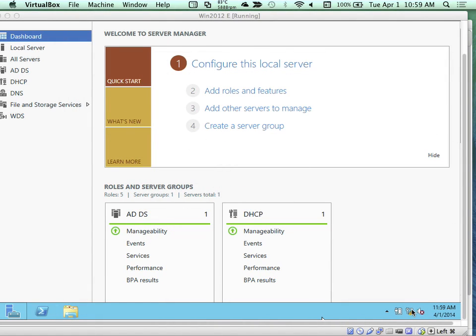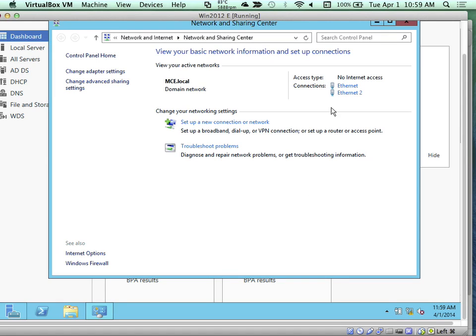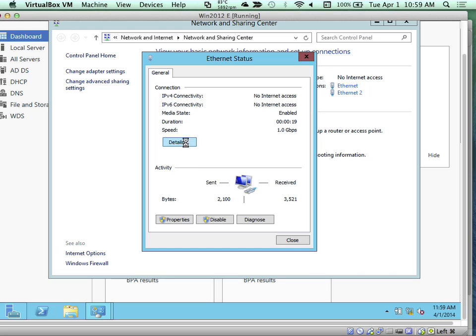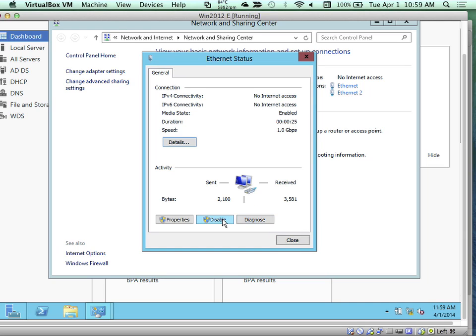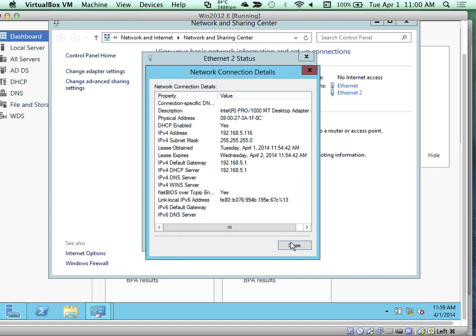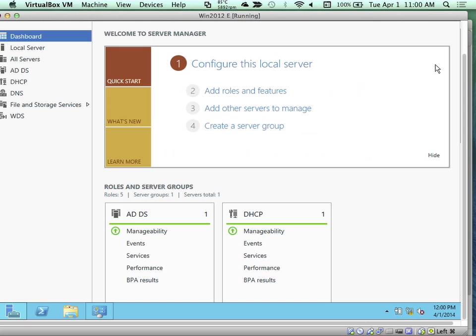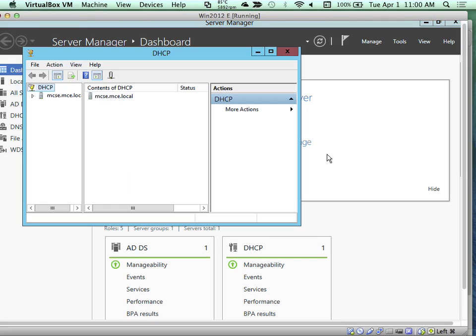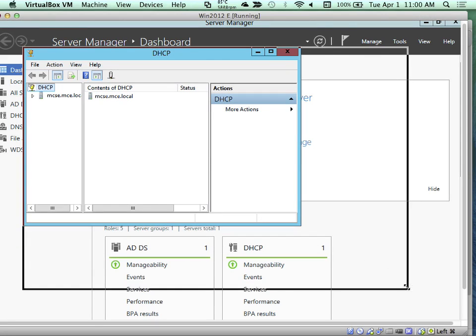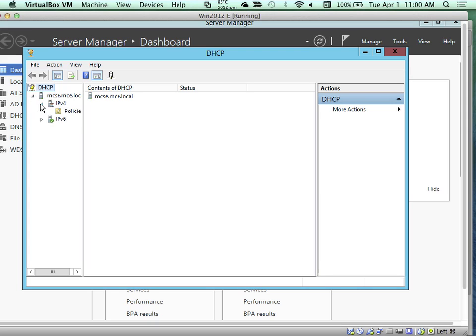So it's back. Let me just confirm from my network adapter. Please make sure you confirm that your network adapter is actually having a dynamic IP address from your DHCP server. Okay, this is wrong, so let me check this as well. Let me check my DHCP server. Scroll up. Tools, DHCP. Okay. Expand IP version 4, scope,